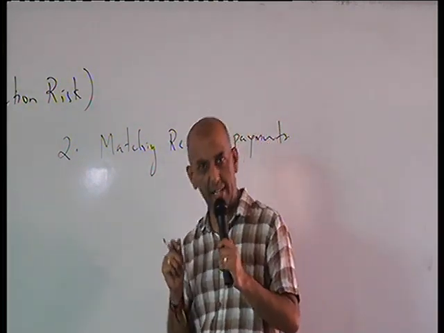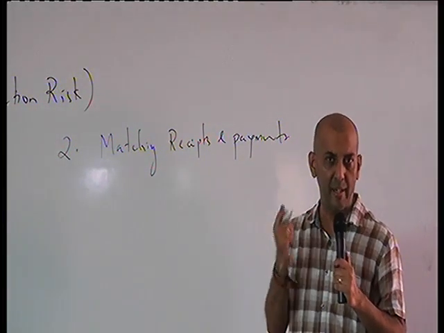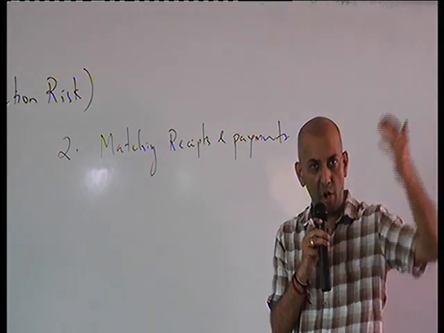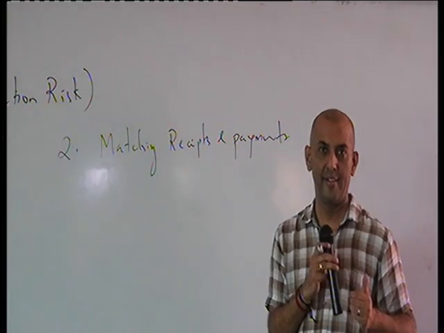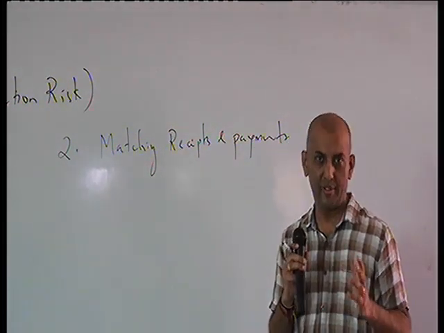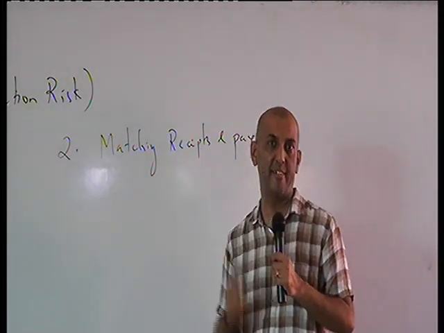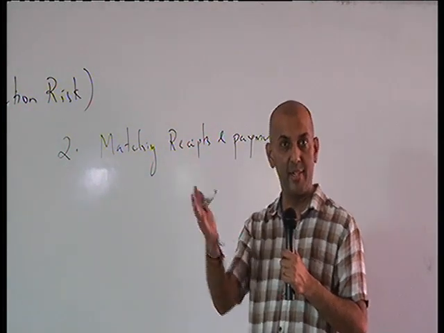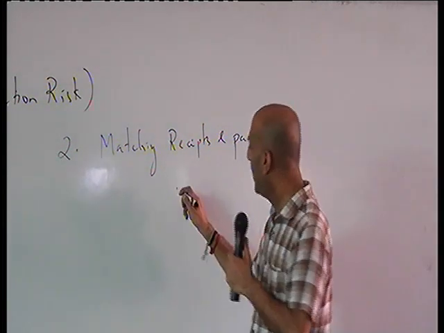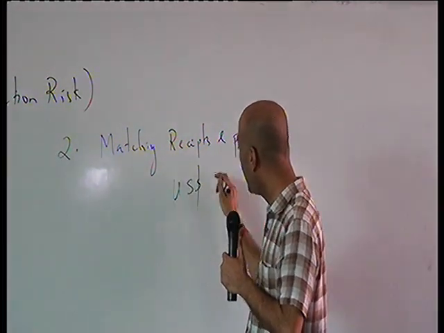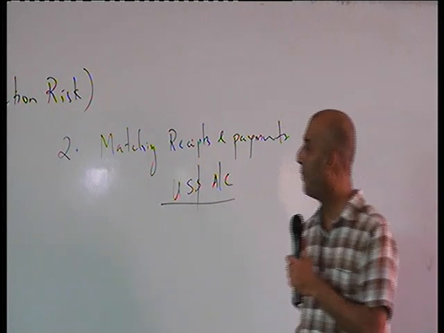If you are an importer as well as an exporter, what can you do? Say a garment company. They are importing raw material from Israel. They manufacture goods. They export to another country. So they are doing both. They import and they export. So they are exposed to exchange rate variation on both sides, import as well as export. What do they do? They will open a foreign currency bank account, in this case a dollar account.